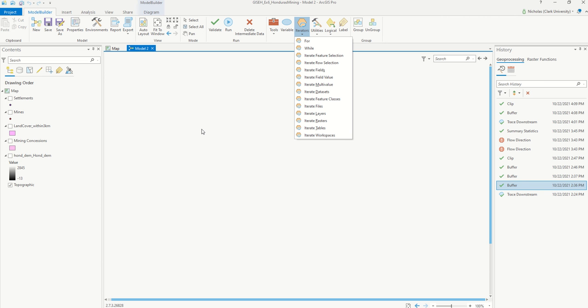But when you export it to Python, the structures of For and While loops are very helpful and simple and easy to read. So Esri's thinking was that the scripts being exported weren't the best scripts, weren't ideal,